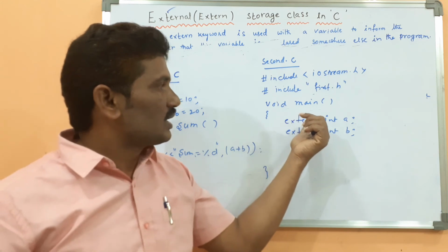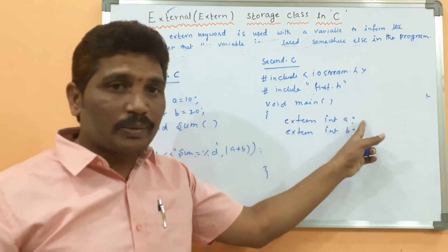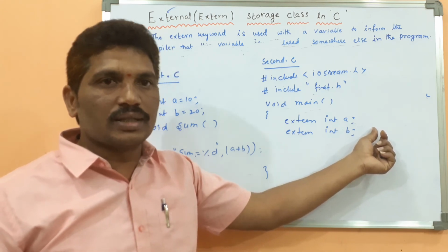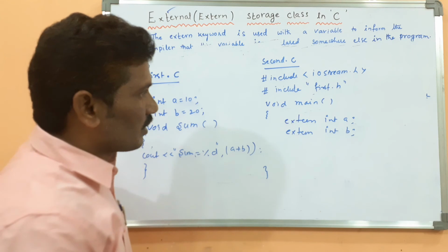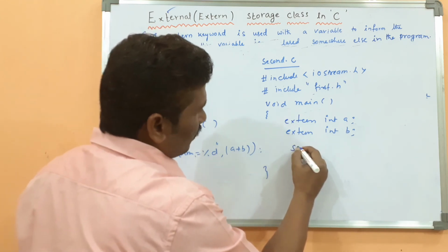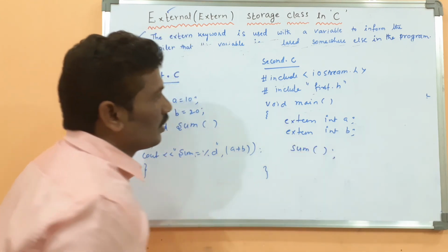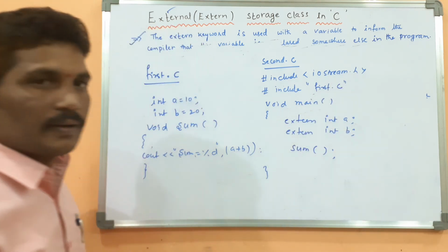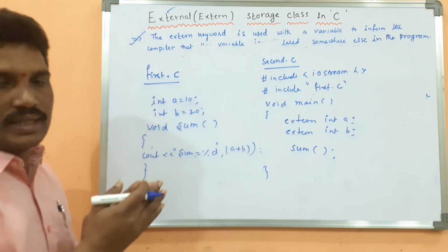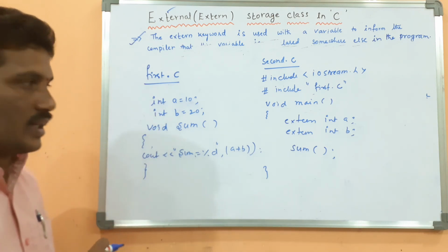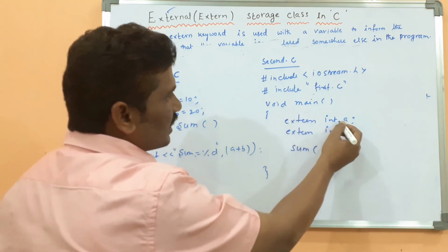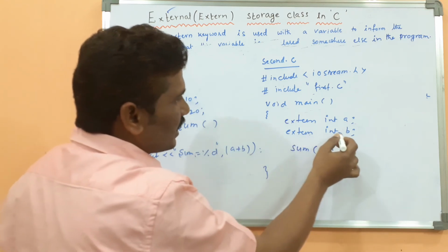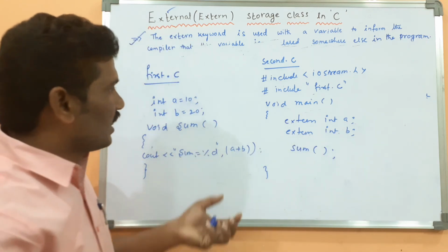Then what you have to do? The extern int A, but it can't be initialized here, because an external variable can't be initialized within a function or within a block. Here I am simply calling the function. Then what is the statement you have to write? First.c, previously first.h. It is another file that can be saved as first.h. Here extern int A means it has been defined or declared somewhere else in the program. Extern int B also is declared somewhere else in the program.